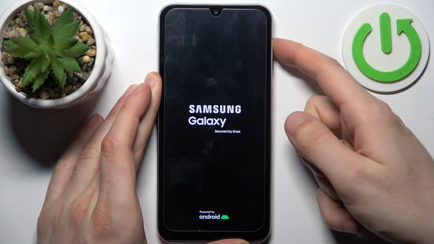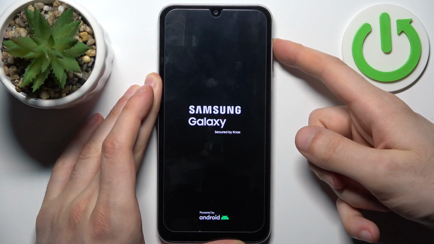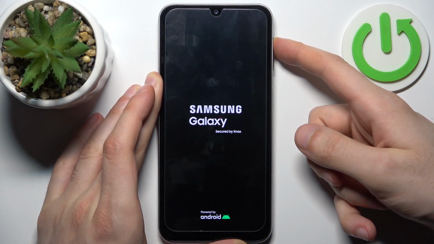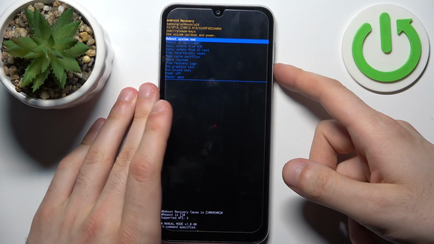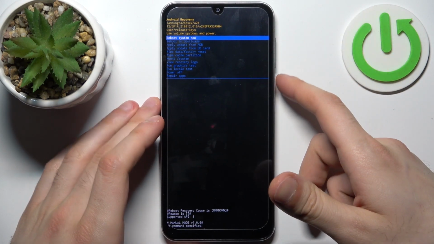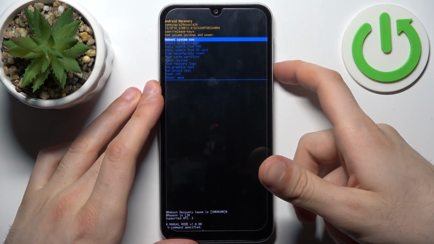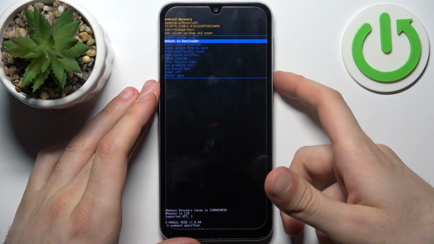And after the screen turns on, you can release the power key and keep holding only volume up. And after that you will end up in recovery mode. So here at the recovery you can use volume keys to navigate and power key to select, and you have